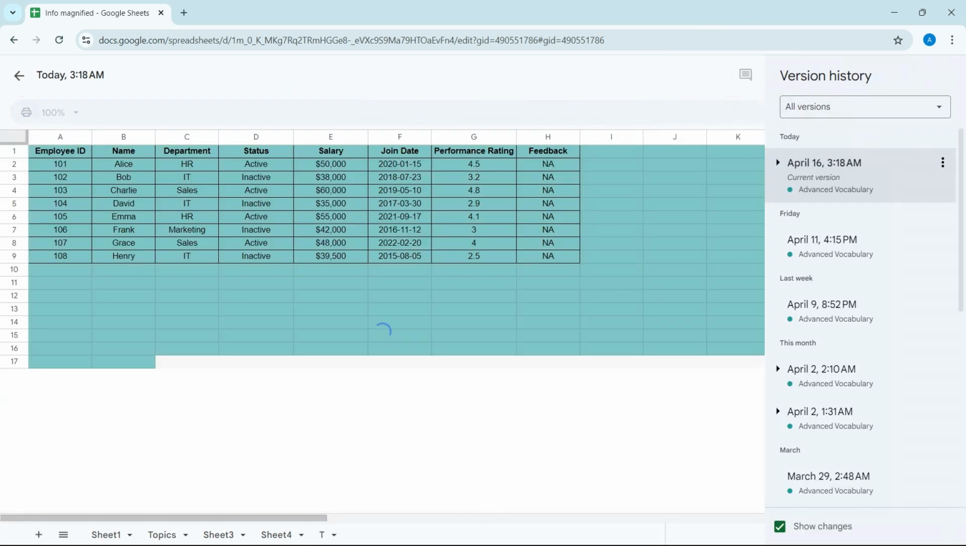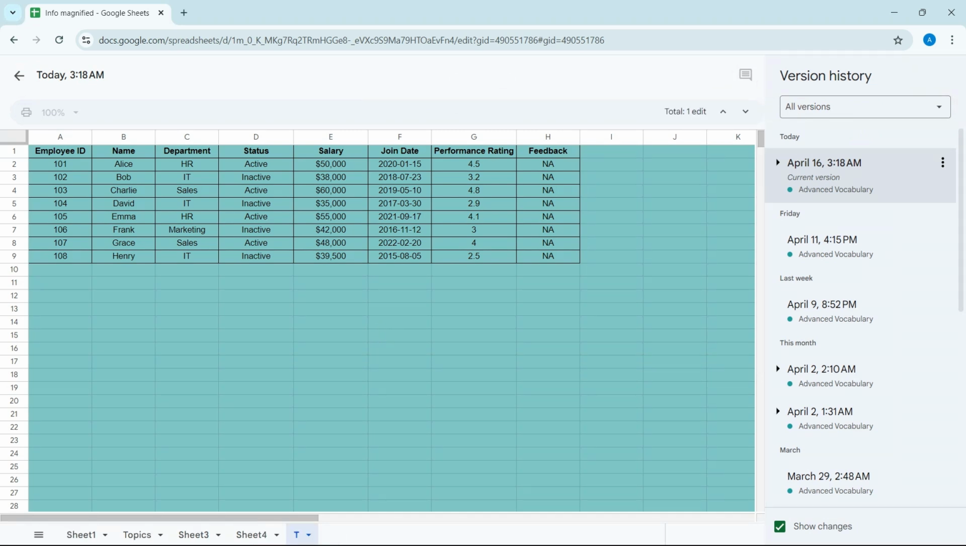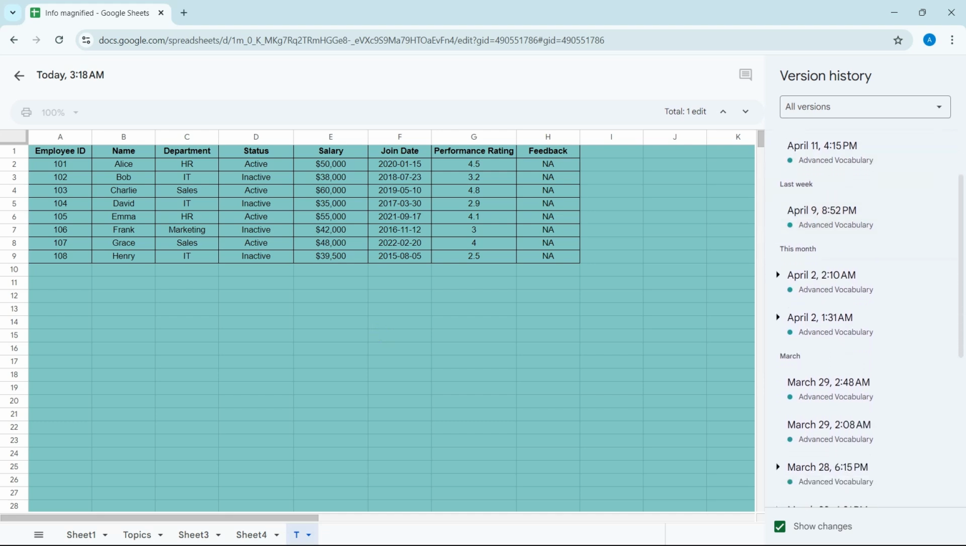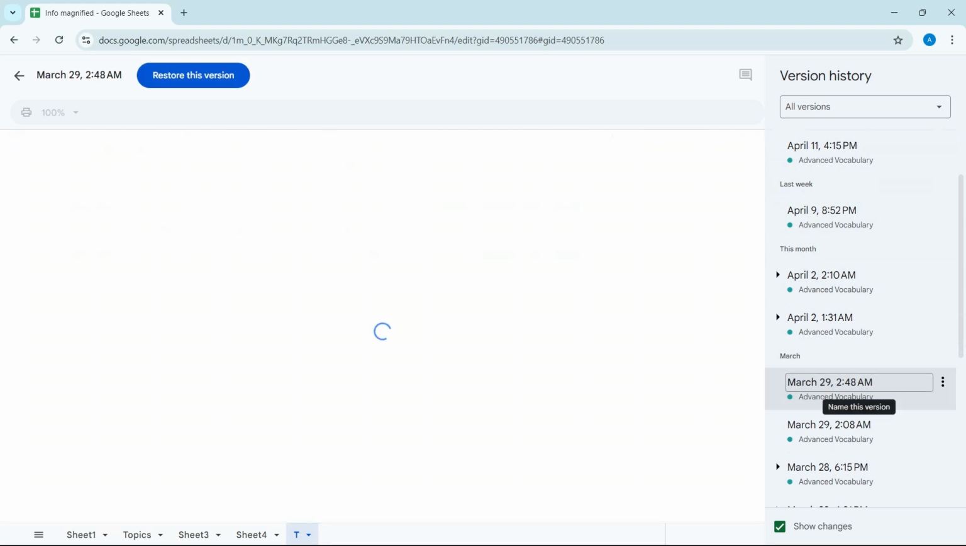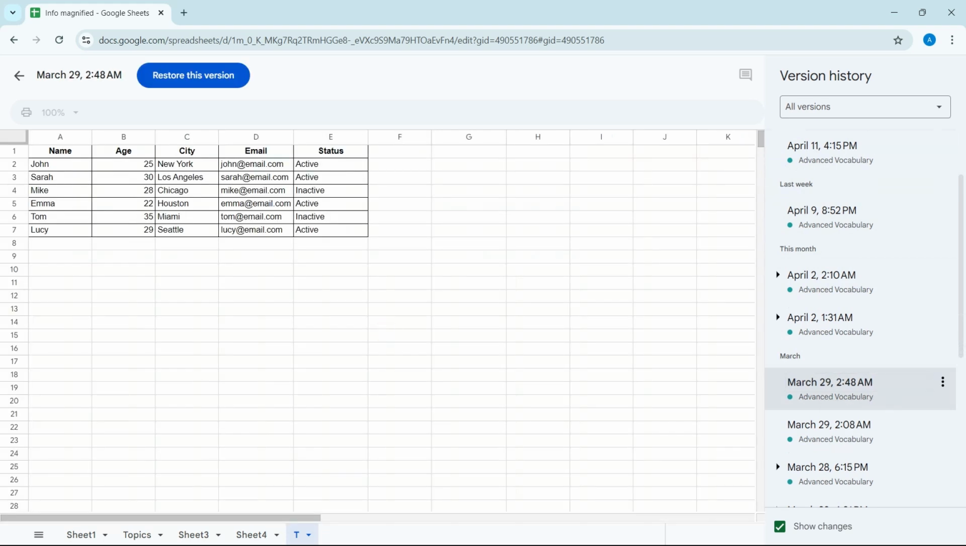So this first version is the April 16th version, and then I have multiple versions available. Let's say I want the March 19 version, so just click on it. When you click on it, it gives you what was there on that particular date. So if you want to restore, you can click on this restore this version